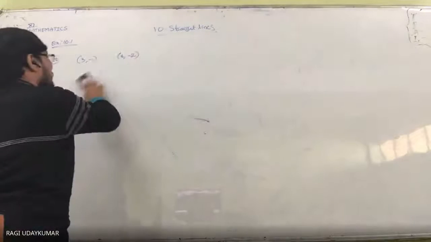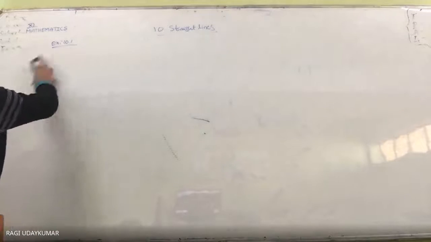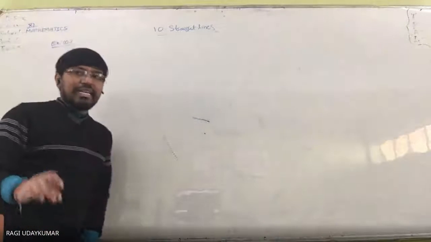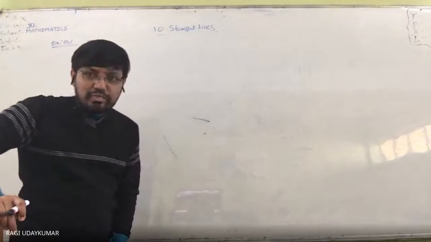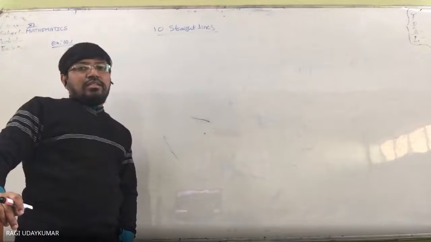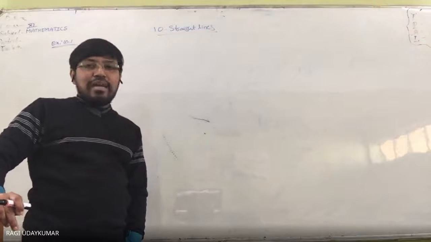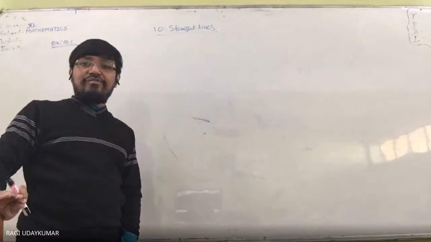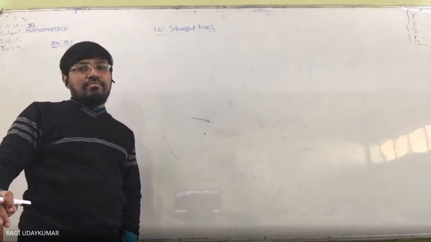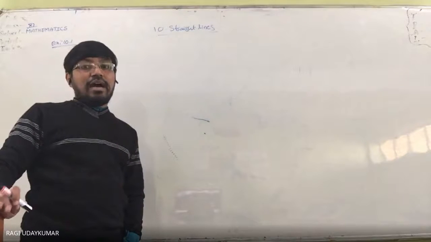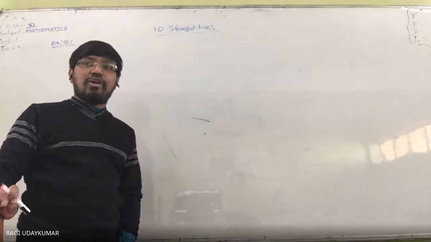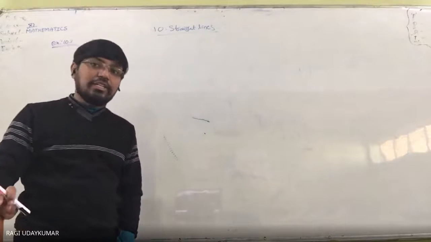Sir, can the value of tan ever be minus infinity? Infinity and minus infinity are symbols; infinity is different from undefined. I clearly said it. I will explain the infinity concept at the time of limits. Never use infinity here: tan is undefined, undefined only, not infinity. 1 by 0, non-zero by 0, is undefined. 0 by 0 is an indeterminate form. Infinity by infinity is an indeterminate form.